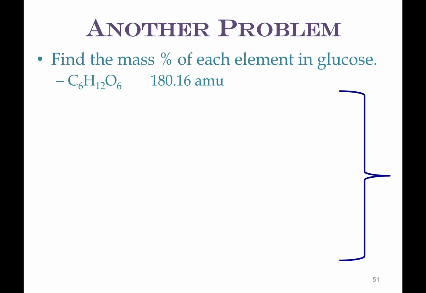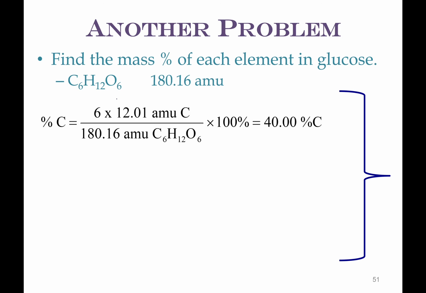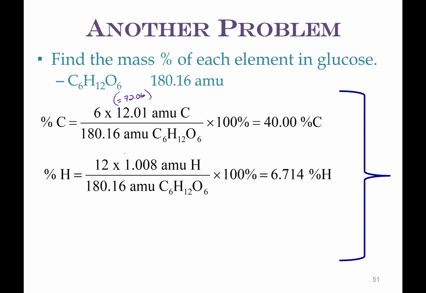So we have how many carbon? We have 6 times 12.01, giving us 72.06. So this is equal to 72.06. So that divided by 180.16 gives us 40% carbon. Then our hydrogen, we take 12 times 1.008, which is equal to 12.096 grams per mole, so we could do that divided by 180.16